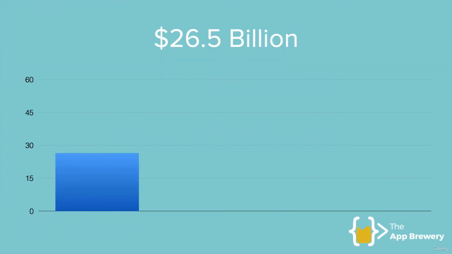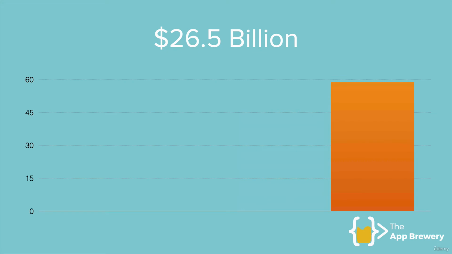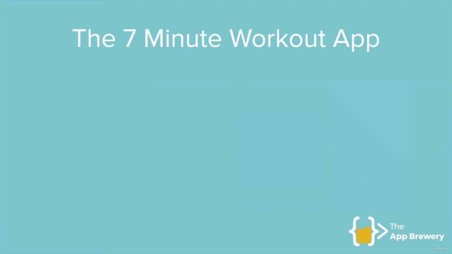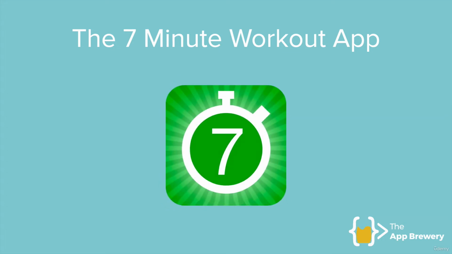So the app industry is absolutely massive. Last year, Apple reported it paid app developers $26.5 billion US, and that number grew by 30% year on year. So it's a massive industry, and it keeps on getting bigger. Now, of course, some of that money goes to big companies such as Clash of Clans or Clash Royale or some other form of clashing. But there are also a lot of stories of independent one-man developers who have made it big on the App Store. And one of the best examples is the 7-minute workout app.